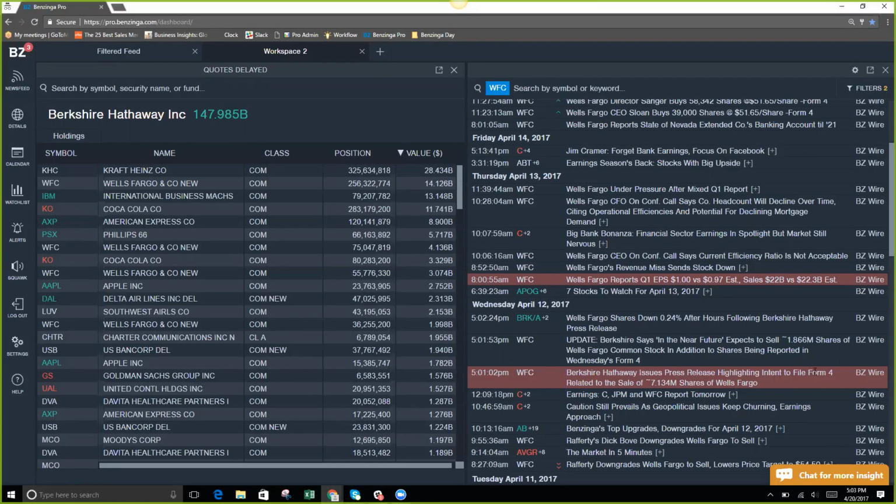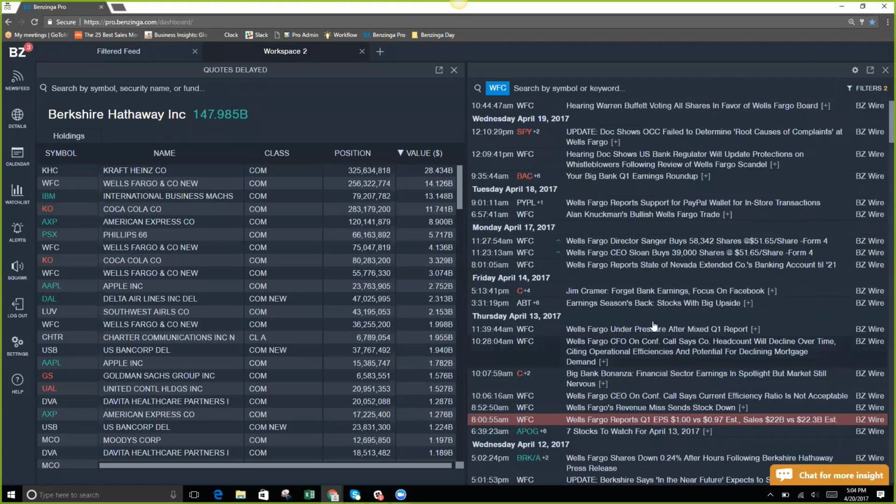Berkshire Hathaway files Form 4 related to the sale of 7.13 million shares. Right after that, Benzinga covers that they're planning on selling another 1.86 million shares of Wells Fargo. So it's kind of interesting to then see how the news is playing out on